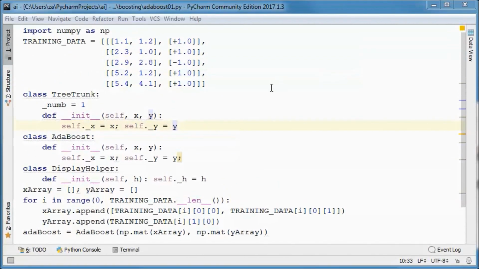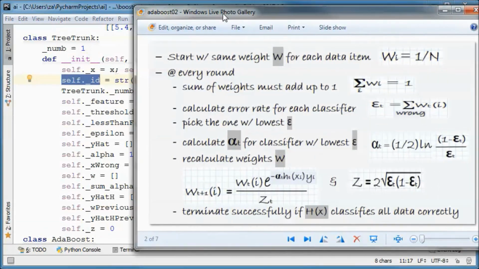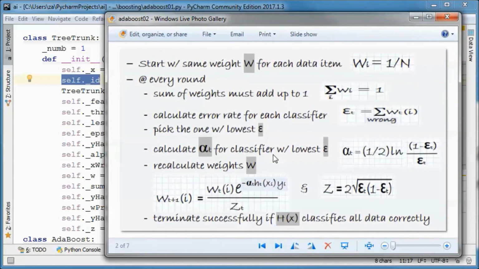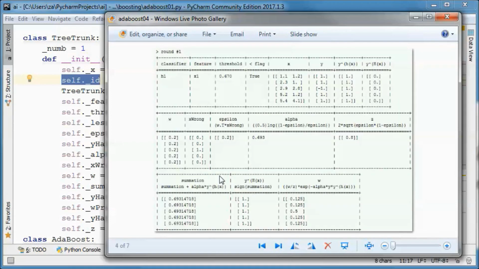And in each tree trunk classifier we need to keep track of the ID, and the feature. So for example, for this classifier for H1, the feature is X1.